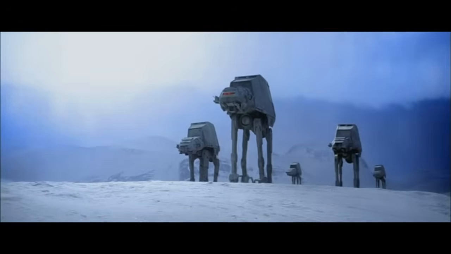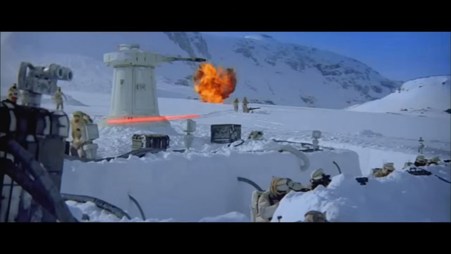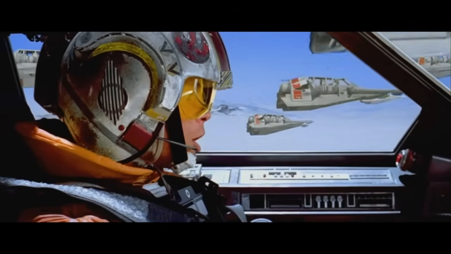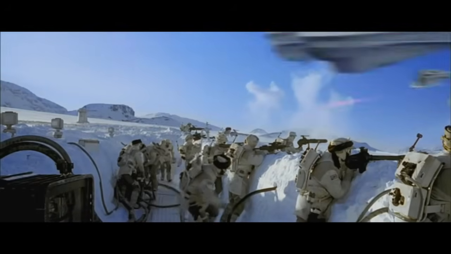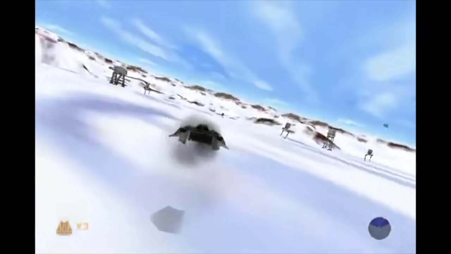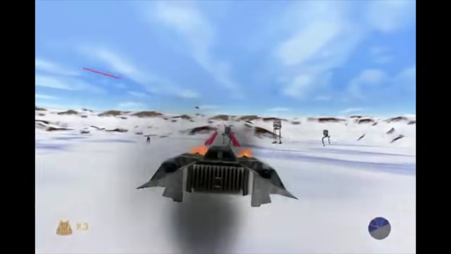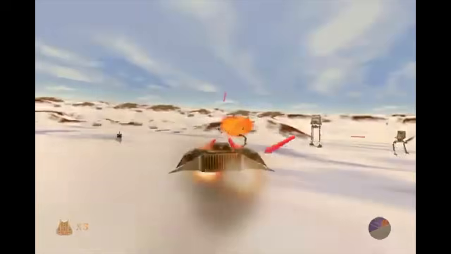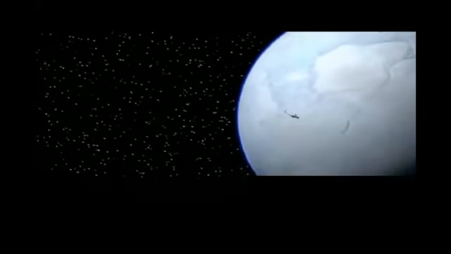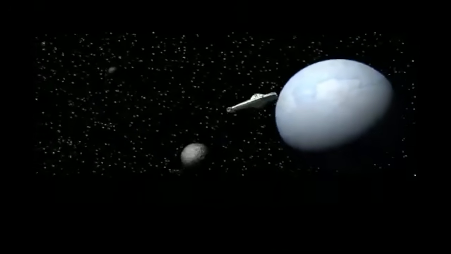Everyone knows that image of the AT-ATs coming over the ridge to open fire on the rebel trenches. I'm sure that if you were a gamer in the 90s, it must have been a mind-blowing experience to actually participate in the Battle of Hoth in a full 3D environment. Though of course I never did quite manage to figure out how to do the whole cable around the leg thing right, so I just resorted to flying by and shooting the AT-ATs over and over again until they finally collapsed. But for me at least, the real highlight of Chapter 1 is the space sequence.